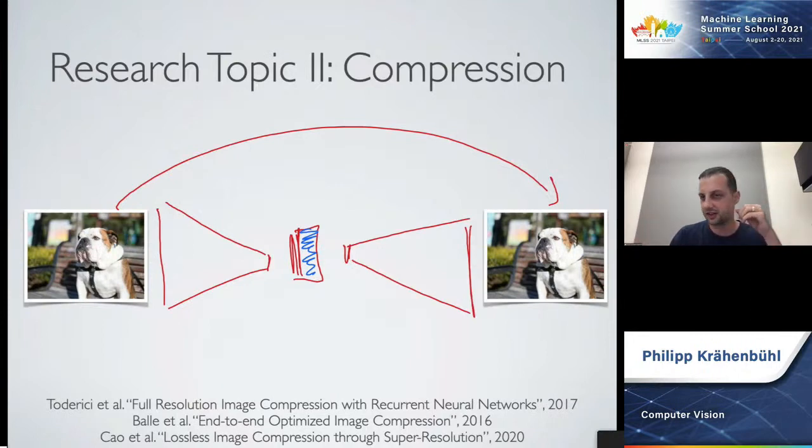But the exact structure of the architecture, and also the way you produce these codes, all of this is still completely open. And if you're into machine learning, this is a very fun topic to study because it has a lot of math in it, a lot of learning in it, and it has a huge practical impact.